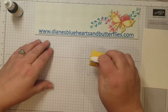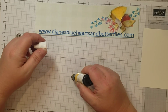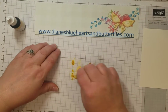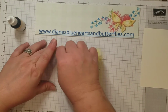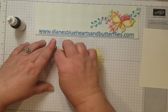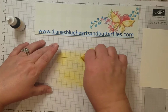And then after you apply that, you would want to use a Stampin' Sponge and get the ink kind of mushed around. The one that I did show during the class, and it's the one that kind of works for me, is the re-inkers, well, ink refills, we call them re-inkers. And then I just used that and mushed. There was mush and swoosh in our class, and so I added some ink in different places, and I tried to make it so that there weren't so many of the blotches, which are darker areas that have more pattern in them, and I wanted it to be kind of more